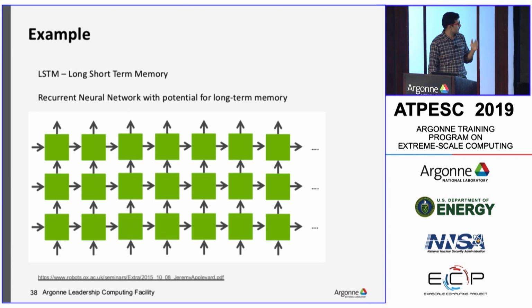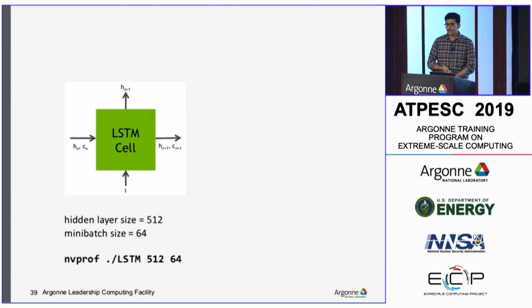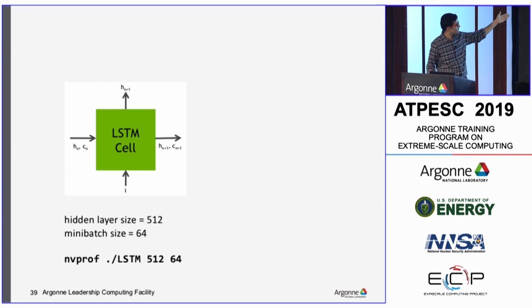As another example, say this is an LSTM, taken from slides from Nvidia. This is a bunch of recurrent layers with cells, and each of these LSTM cells is actually doing some matrix multiplication. It takes the parameters and the other parameters, and computes the memory and the operations there. Say you want to profile this LSTM with this parameter, so this is my mini batch size,